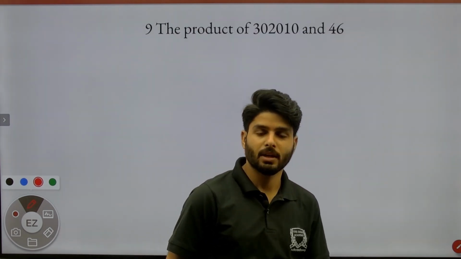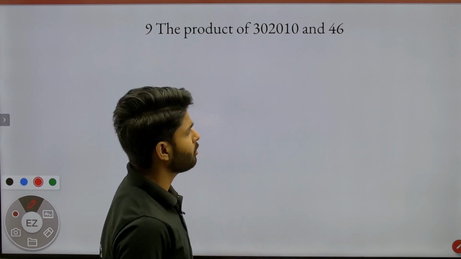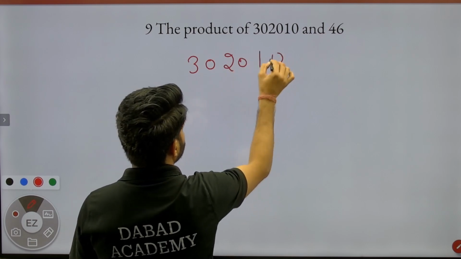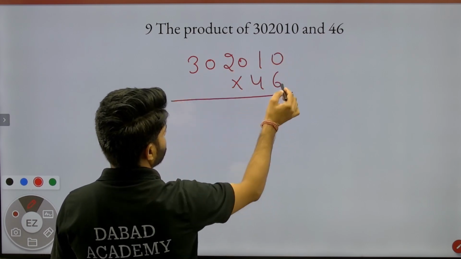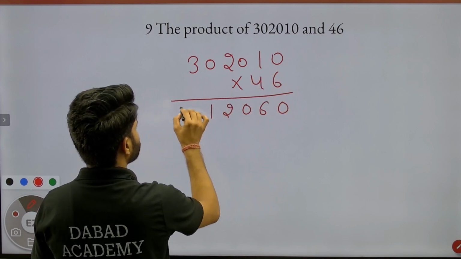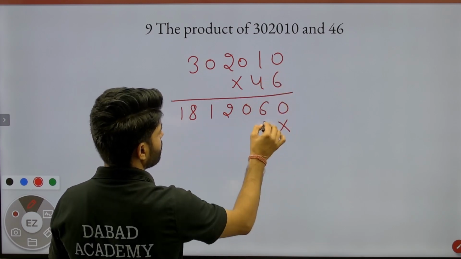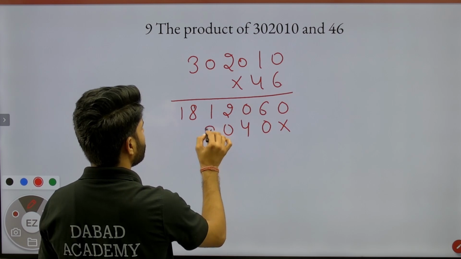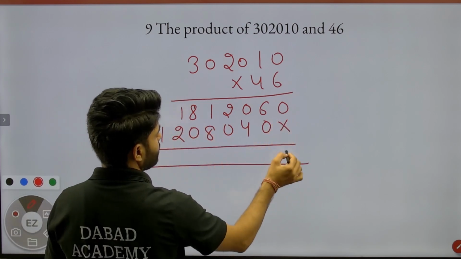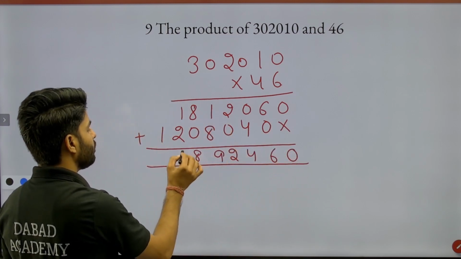Now we have to find the product of 3,02,010 and 46. So we have to multiply it. That is 3, 0, 2, 0, 1, 0 into 46. When we multiply 6 by 0, that is 0, 6 1 is 6, then again 0, 6 2 is 12 and 6 3 is 18. Now in the same way, we have to multiply each number by 4, that is 4 0 0, 4 1 is 4, 0, 4 2 is 8, then again 0, 4 3 is 12. Now we have to add these numbers, that is 0, 6, 4, 2, 8 plus 1 is 9, 8, 2 plus 1 3, that is 1.